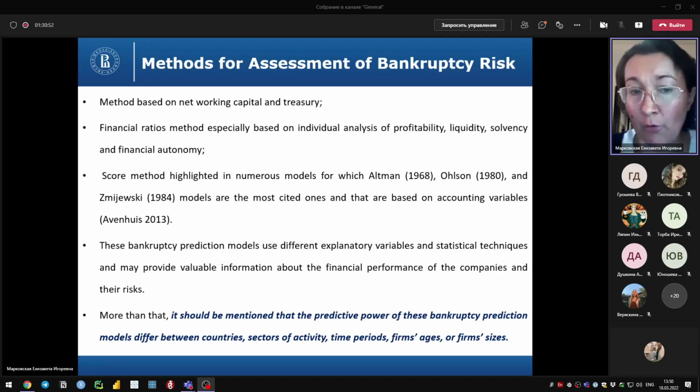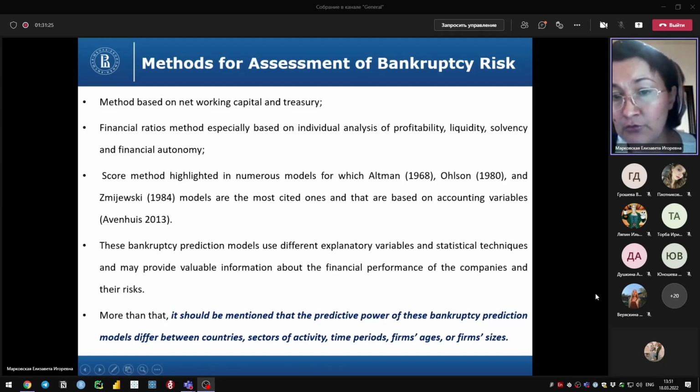Developed by Altman, Olson, Zmijewski. These are the most popular models. And of course, nowadays we can use a lot of modern models, but mostly modern models are based on the well-known models, based on the Altman, Olson, and Zmijewski models. Please take into account when you use these models, Altman, Olson, Zmijewski, and adopted